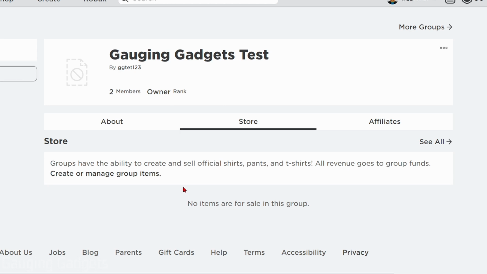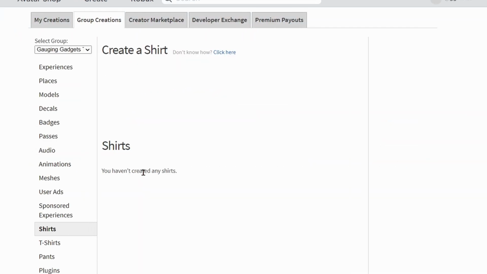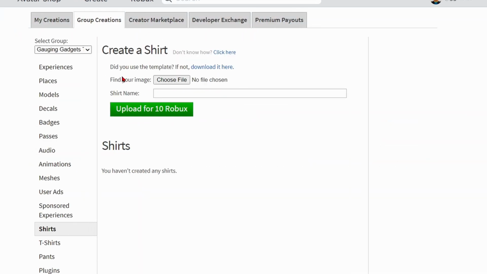Now, when you get to store, there most likely will be no items here. So what we're going to do is actually add an item. If you're the owner of this group, you should see create or manage group items, select that. And then once here, we will need to upload a shirt. Now, it really does not matter what the design of the shirt looks like. If you have a design you want to upload, or if you made a design for a shirt, you can do that. But if not, you can simply go right here, download the template,